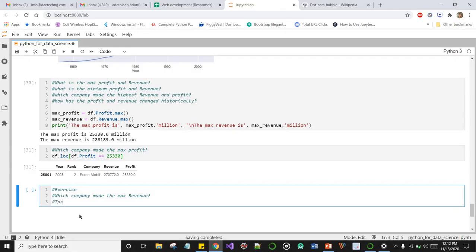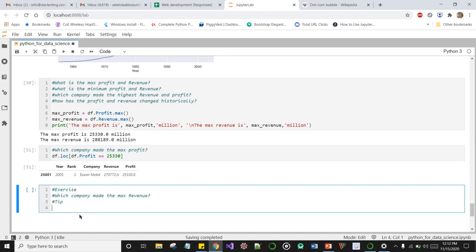Let me just give you a tip. Simple, just the same way we did for the profit. The tip is use loc, and pass the value.